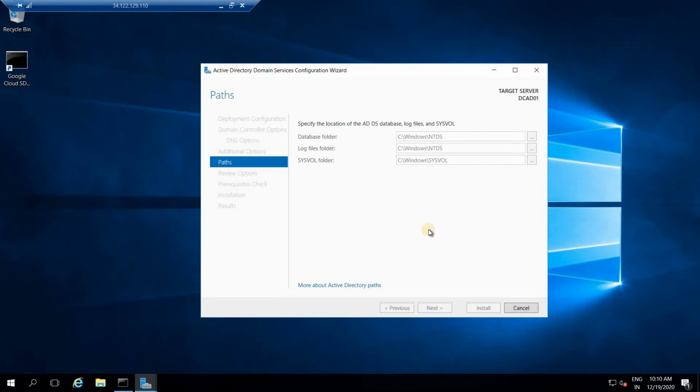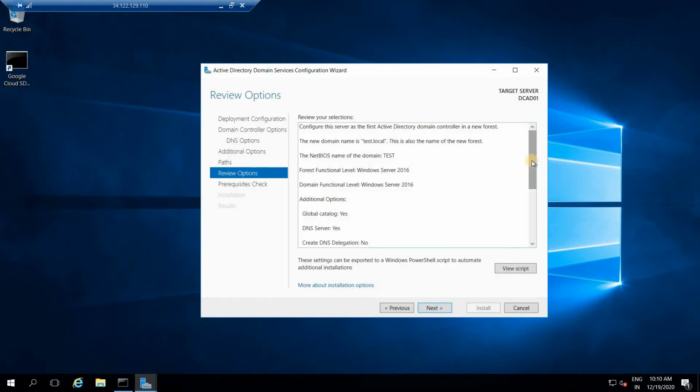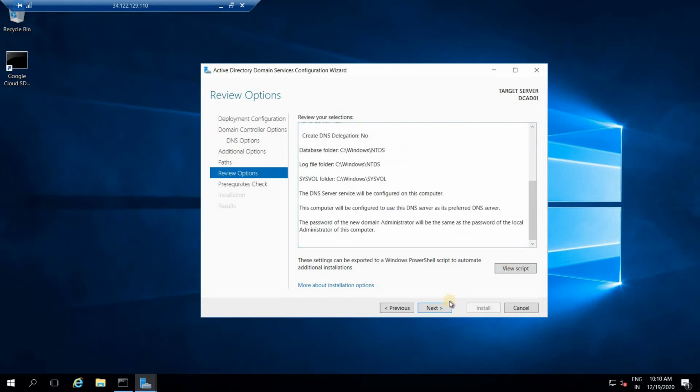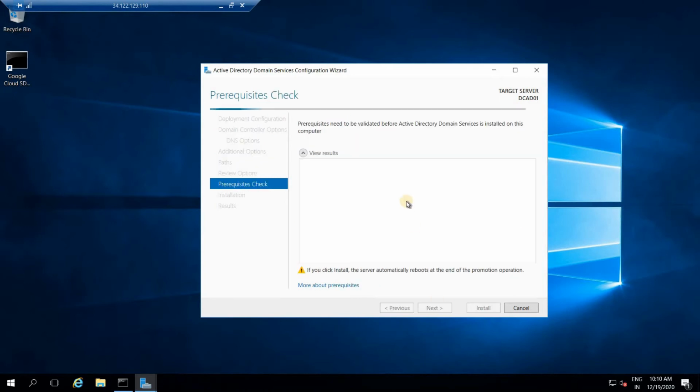So when you click on next, it will give you a summary of what you are going to create and what you will have. In this summary, okay, you can see that, and if you are fine with this, click on next, and now you will get the validation also.